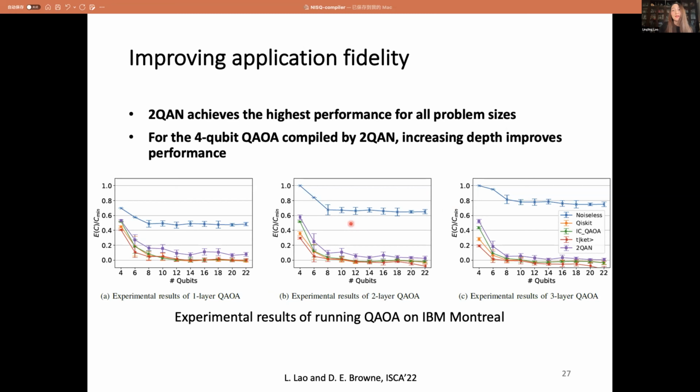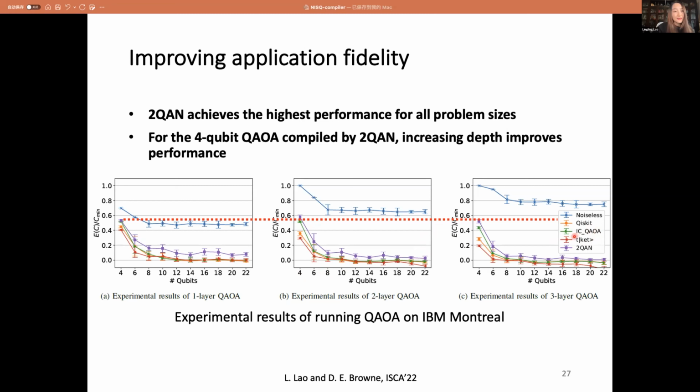This is common, and we can also observe this for the other compilers, as you can see here. But with our Toucan compiler, we can see that for this 4-qubit application, our Toucan compiler could improve the performance when increasing the number of layers, and also compared to the Ghc compiler from IBM, the TK compiler from Cambridge Quantum, and also the QAOA compiler from another group, sorry.